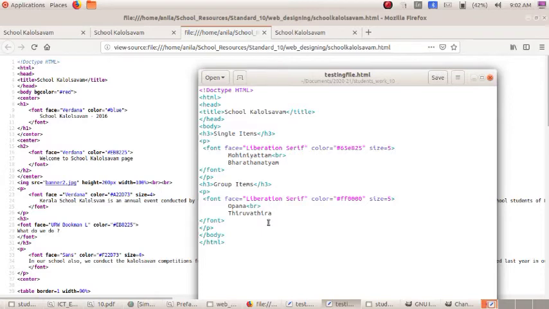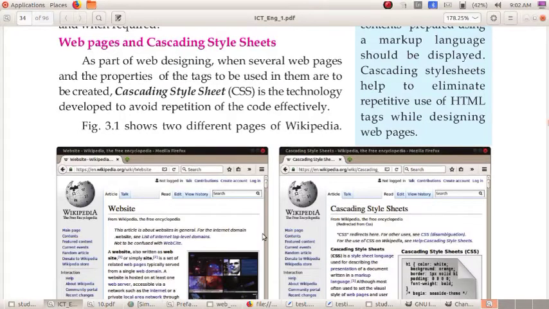Okay, so to avoid this repetition use of the font or any other tags or attributes, we can make use of the cascading style sheets. Okay, so what do you mean by cascading style sheet?